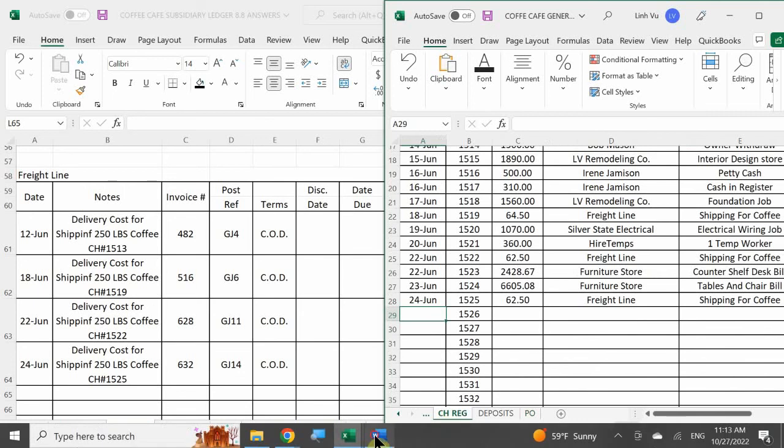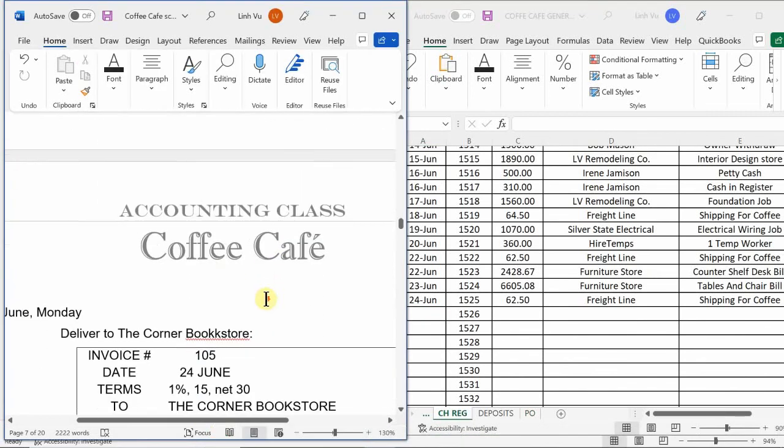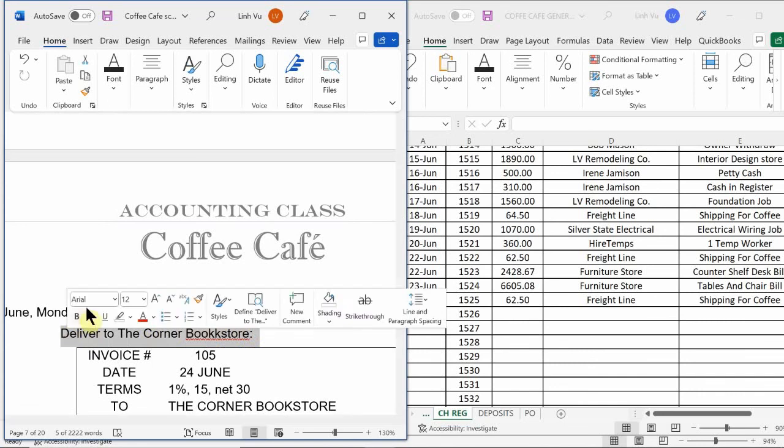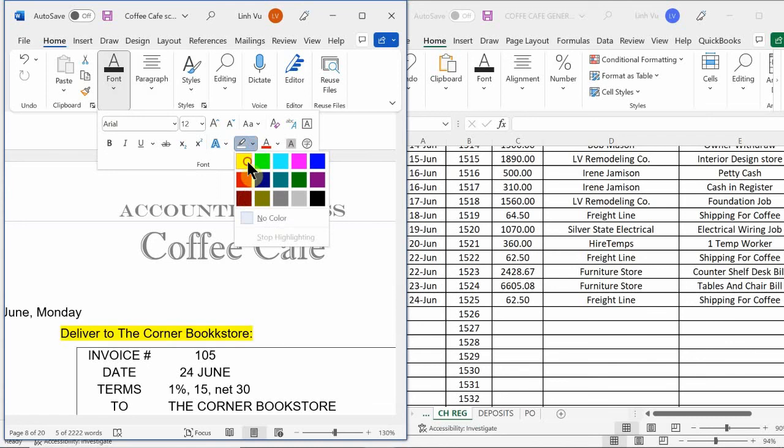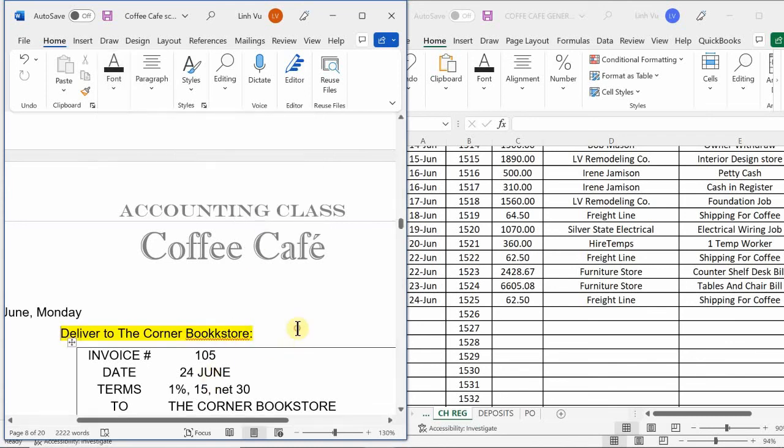Right? And then this is where we're going to stop. We're going to stop here. Delivering to the corner bookstore. Okay. So again,